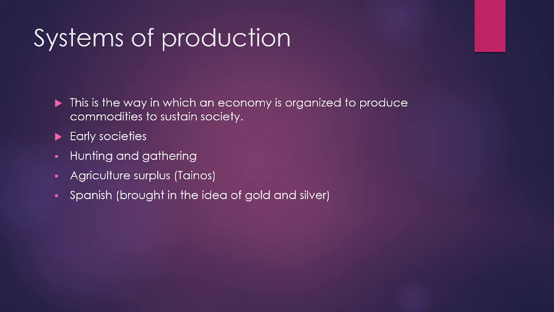So yeah, systems of production. Remember this term, this phrase, systems of production, because it's going to come back. This is the way in which an economy is organized to produce commodities to sustain a society. Basically money. However, they are going to get money, whether it's by hunting and gathering or trading,